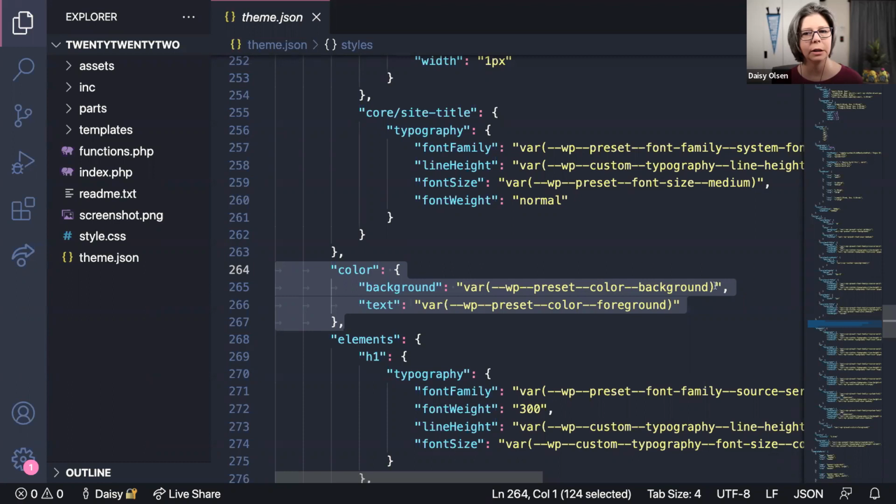It will basically create this variable in a file that will load into the front end of your site and also in the block editor, so that color can be used in many places. So what it's doing is we've declared this color in one place, and now we can use it in a lot of places. And if we were to want to change that color to something different, all we would have to do is change it in one place, and then everywhere it's referenced will automatically update, as opposed, in classic theming previously,